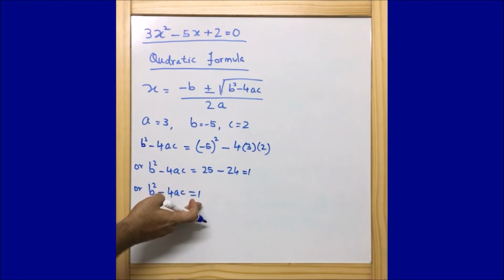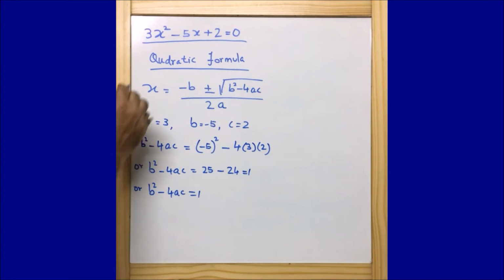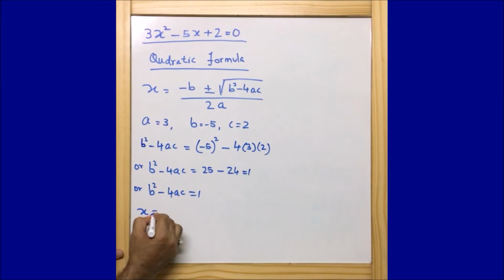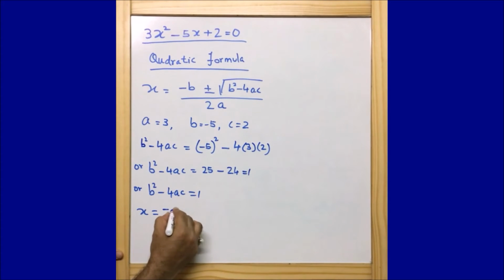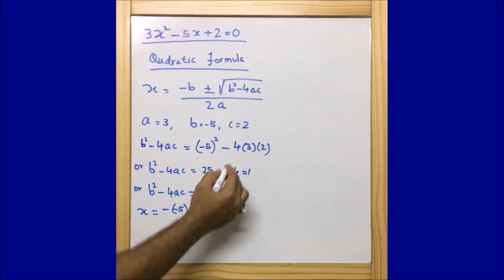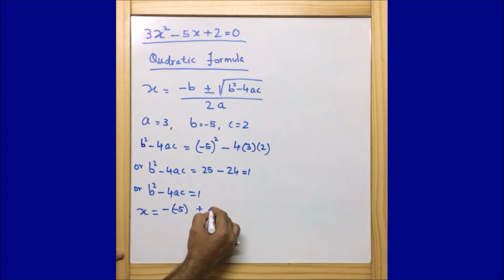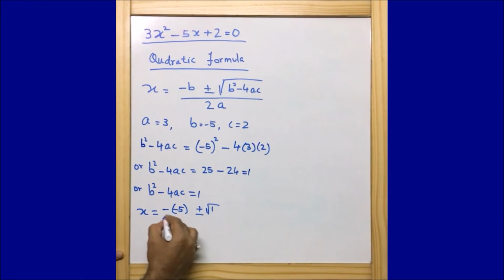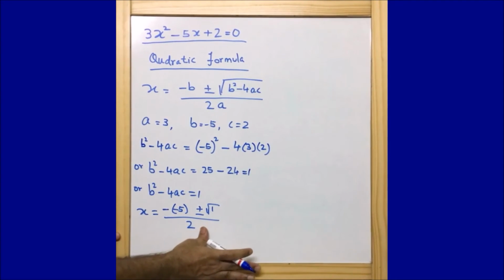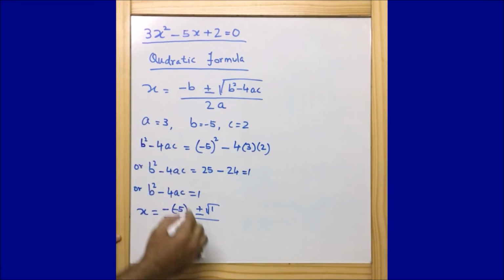Now let us put these values in our quadratic formula and see what are the things that we are getting. Here quadratic formula says that x is equal to minus b. Here b is minus 5, so I can write minus 5 because we are taking minus b, plus or minus root over of b square minus 4ac. So b square minus 4ac we got 1, so simply I can take root over of 1 by 2a. This is 2a, and 2a is nothing but again, the value of a is 3. So I can straight say that 2 into 3.